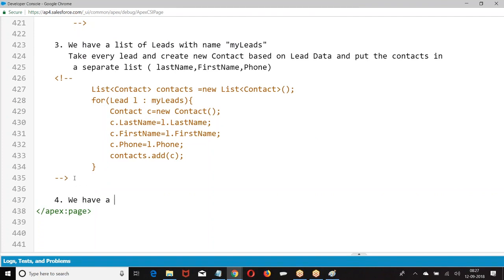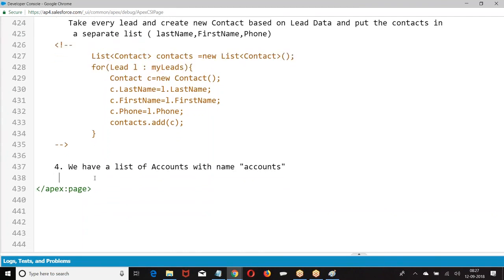We have a list of accounts. If account rating is hot, then create a new opportunity.